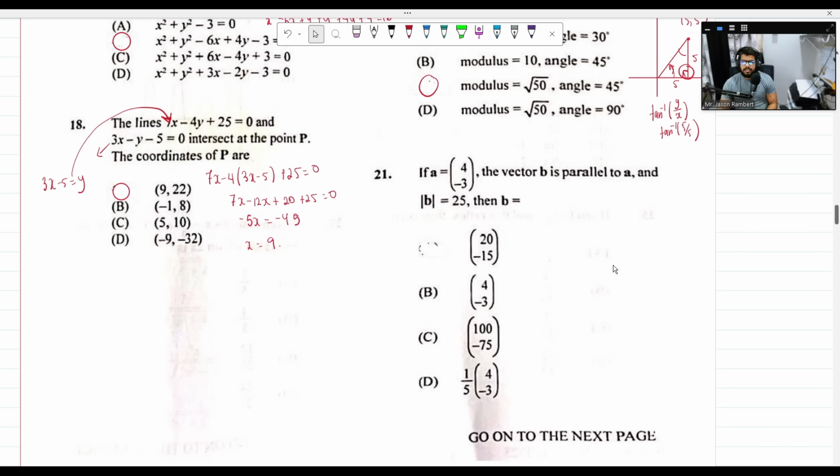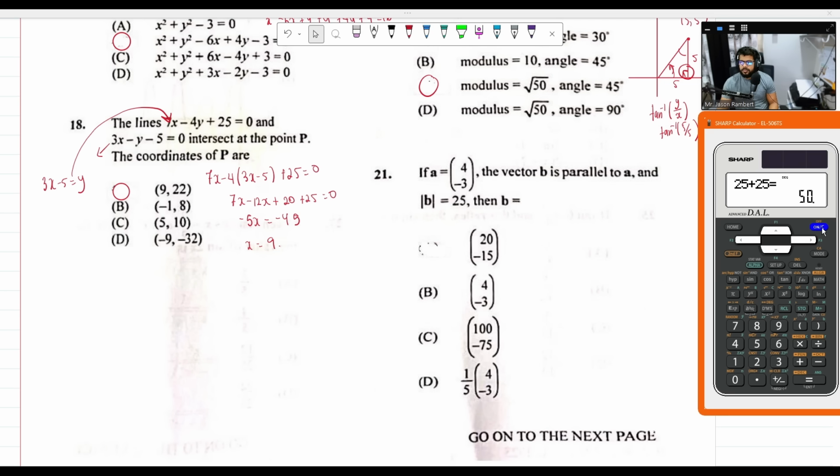If A is equal to that vector, the vector B is parallel to A, and the modulus of B is 25, then B is equal to... alright, they give me two pieces of information here. It's parallel, and it actually gave me the magnitude of B. All I'm going to do is check which one of these vectors gives me a magnitude of 25. So going through with the first one,